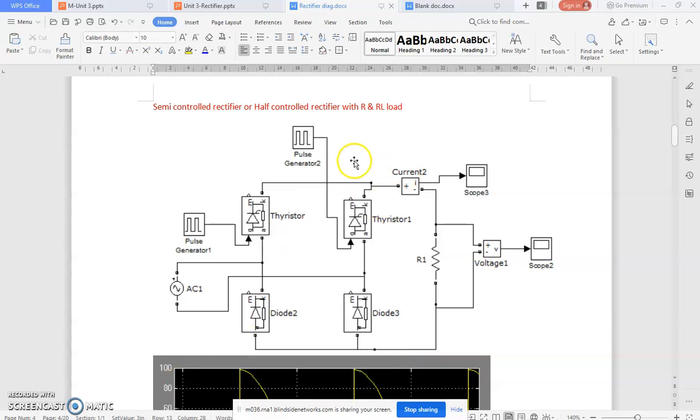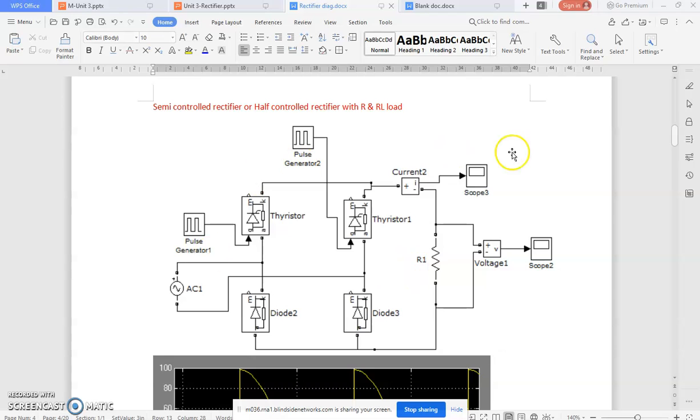Mode 2 is the right slash condition. Right slash means these two are working, so the bottom is the phase due to the negative half cycle. The path goes from the bottom phase to the thyristor. The thyristor is unidirectional, so we only consider unidirectional flow: thyristor 2 to the load, to D2, to the neutral. So this is the common explanation of the operations. Okay, fine. The next one.